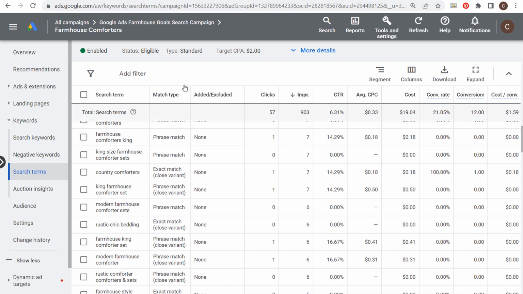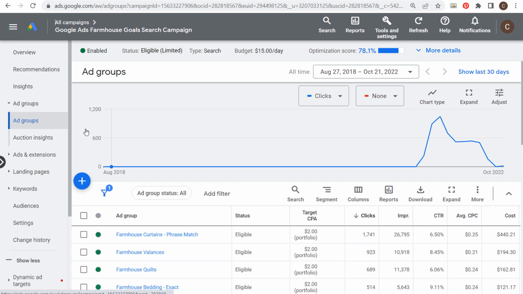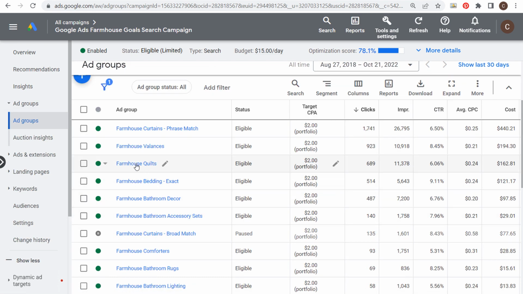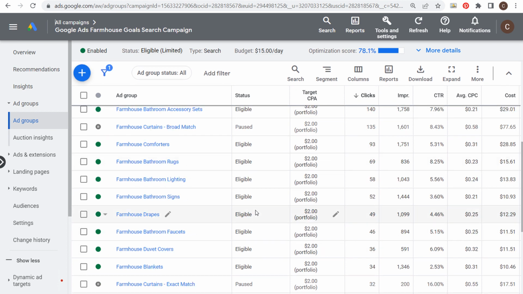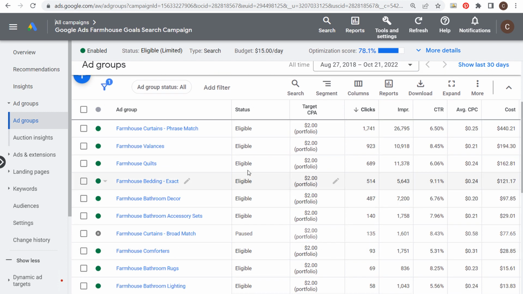What you may want to do is just make sure when you're looking through your search campaign and you're looking at some of your different ad groups, for example, I have quilts up here, I have bedding up here, I have comforters right here. If we come down, I have duvet covers down here, I have blankets. You may just want to use some ad group level negative keywords and just add the phrase negative comforters in the duvet cover ad group. Add the phrase match negative comforters in the farmhouse quilts ad group